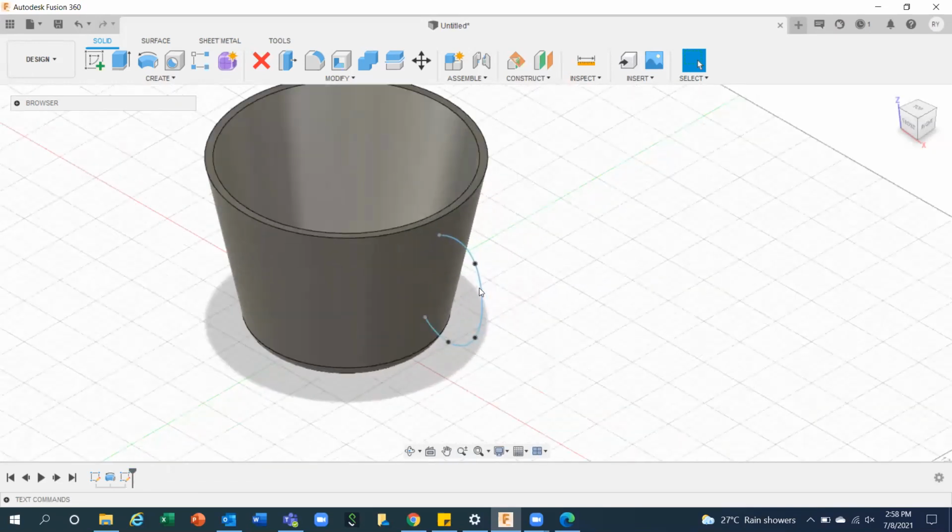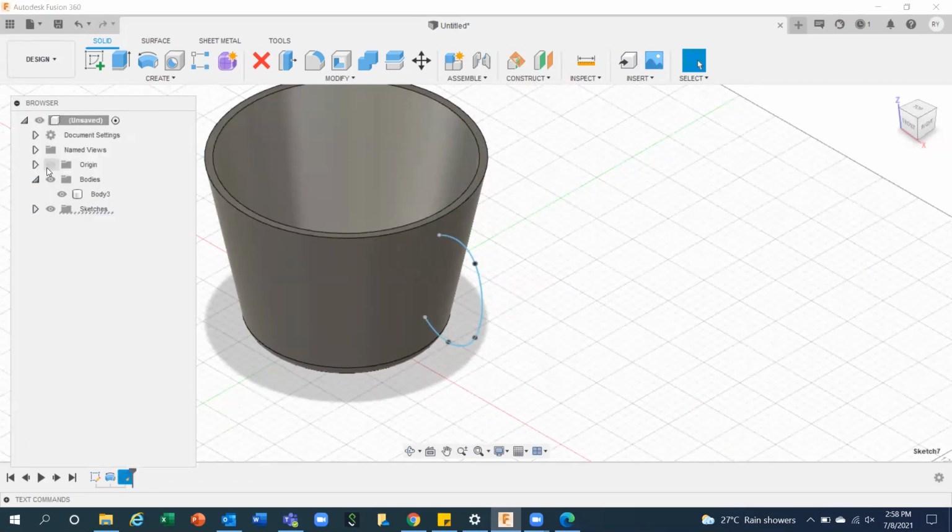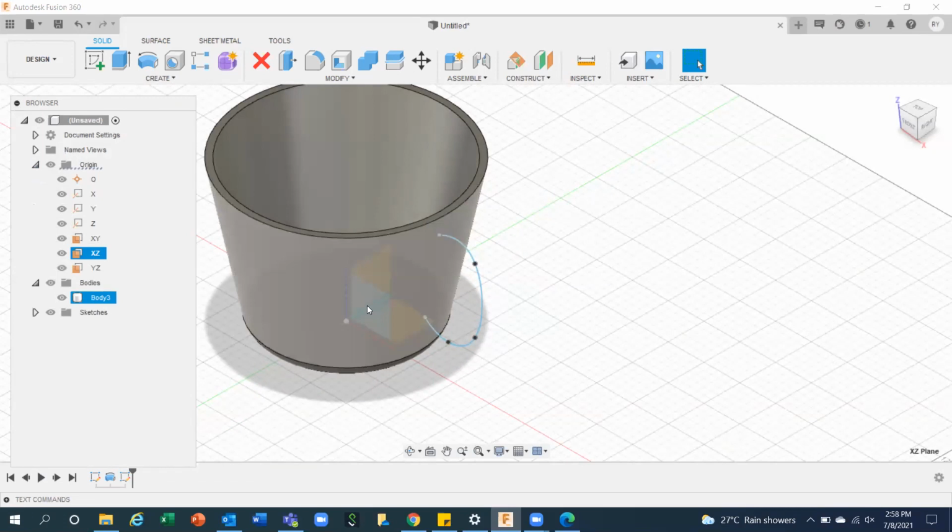Up to this point, it is clear. Yes, sir. This sketch where I have drawn, let me turn on this origin. I have selected this plane. This plane means the XZ plane. This profile I have drawn in the XZ plane, right? Now I am interested in creating a profile at the end that may be circular, rectangle, whatever type of handle you want to create, so that I can use this path, but I do not have any plane.